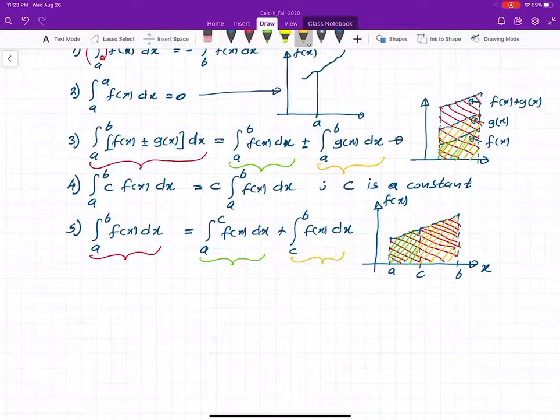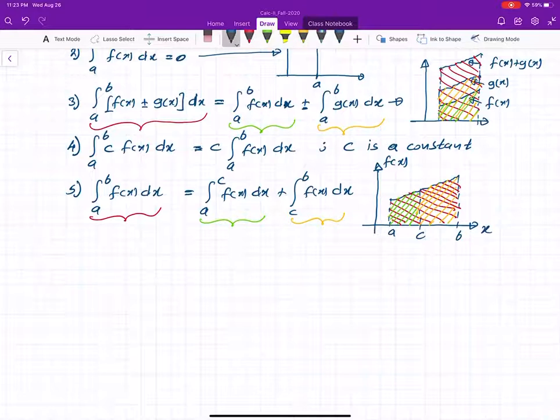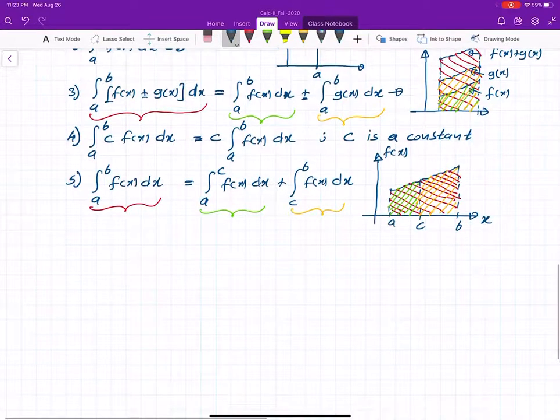All right, so you know that red equals green plus yellow. All right, go forward. Then sixth property: